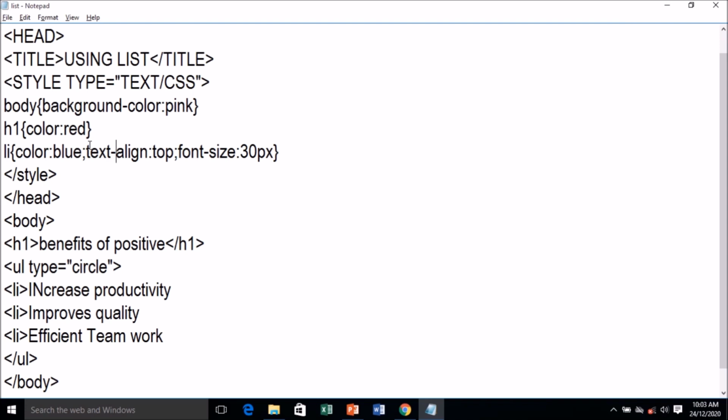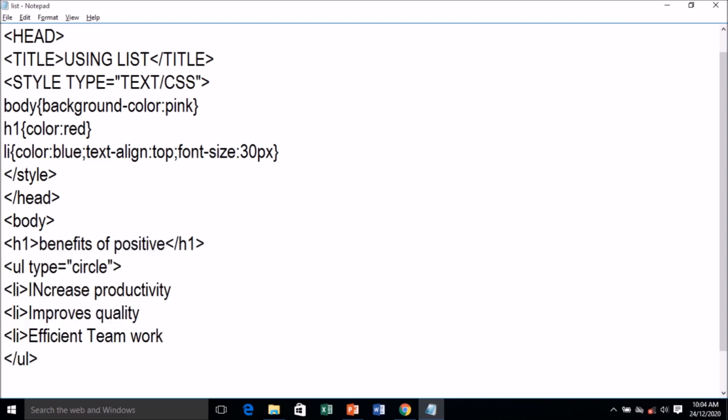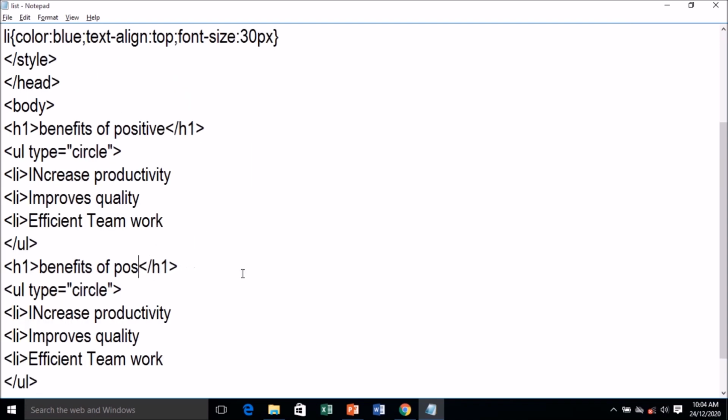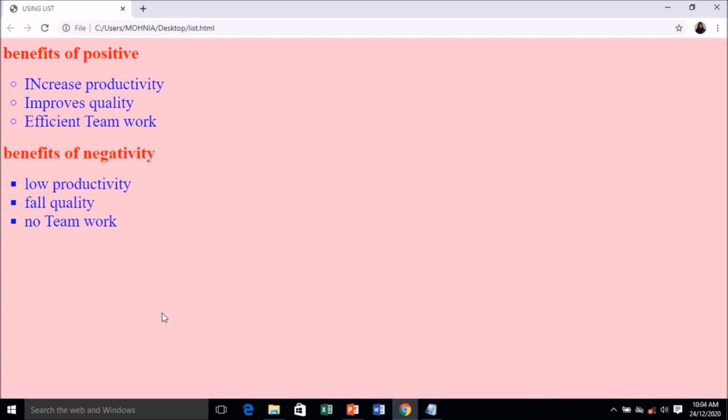Okay, the next thing, now we'll understand the inline style which we have learned last year. For that, before that, let me copy this and paste it down, and let me make one more list here. I'll be writing here "Benefits of negativity". I'm just changing some contents. I'll remove the circle and type square. False, inefficient. We'll go for no teamwork. Let's save and check. Yes, so we have two types of list now here.